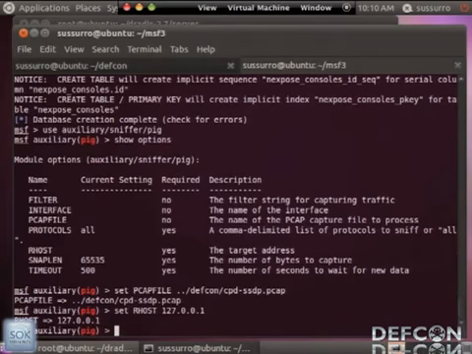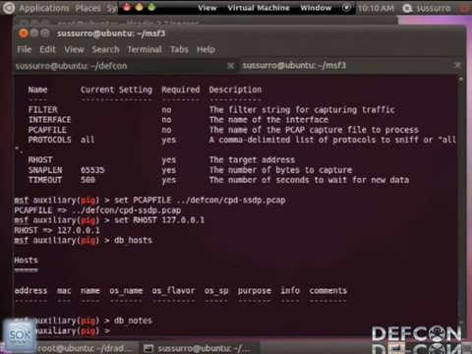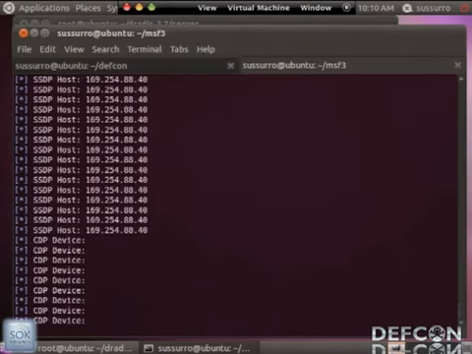So just set it to whatever you want. So right now, when we look at the hosts that are in the database, there's nothing there. And notes as well. So when we run the plugin, we can see that it's pulling in host information for a couple of different things. We see one SSDP host, which is again the network plug and play, and there's CDP devices detected, but they don't have IP addresses. So we're seeing broadcast traffic from hosts that are actually multicast traffic from hosts that aren't